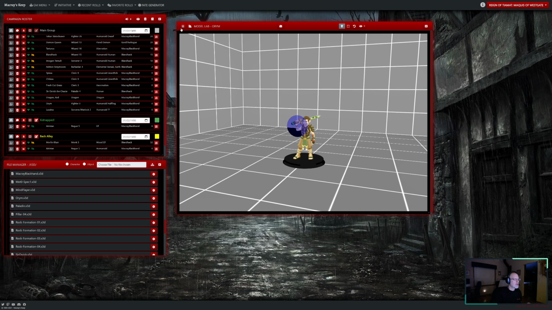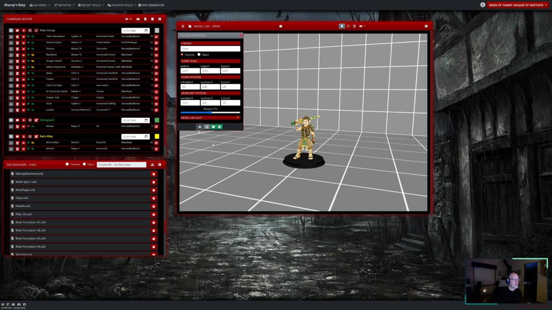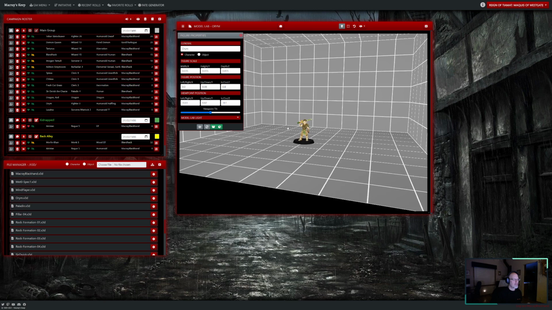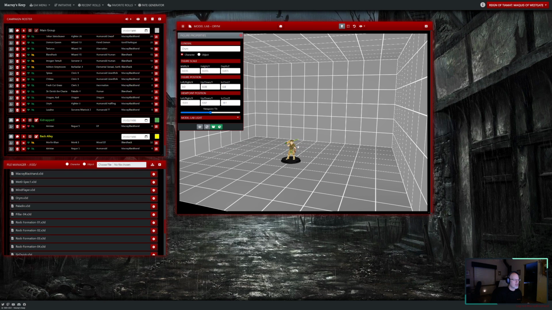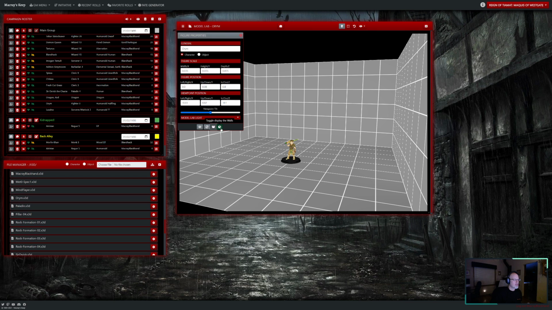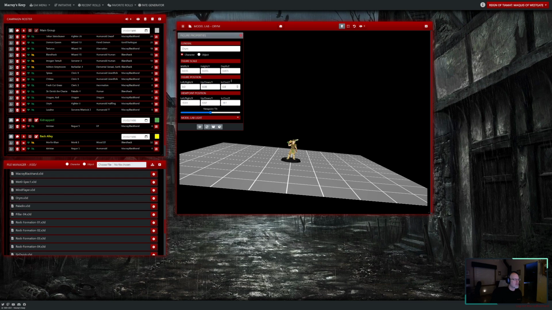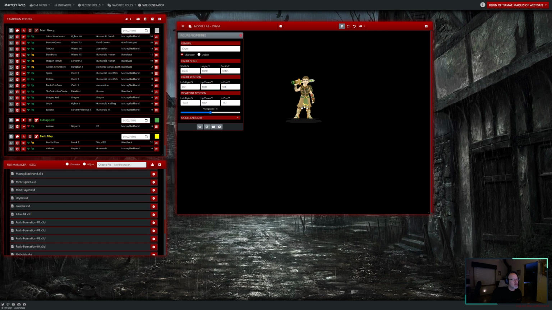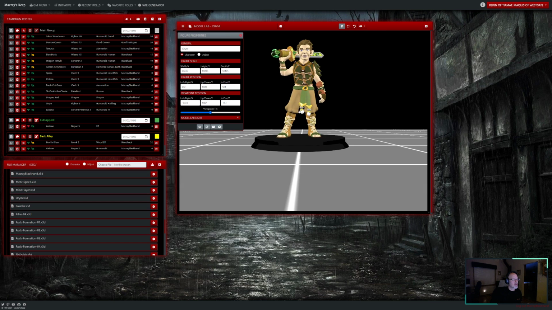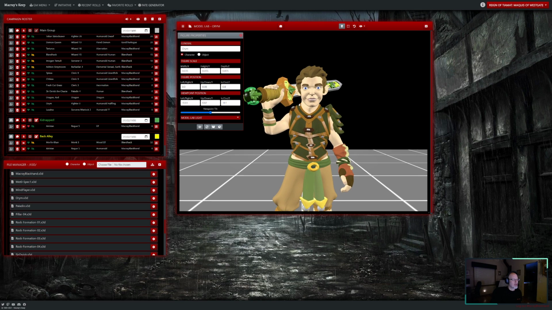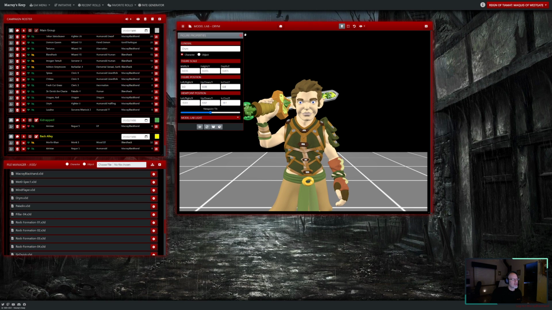And so now we're going to turn our viewpoint indicator off so we can see him. And just a couple other things here real quick. If for some reason you want to not see the walls and the ceiling, you can turn everything off here and you can just get him on a plane. This is nice if you want to take a snapshot of him, which I do for all of my 2D tokens. So I can go like this and we can zoom in. We can get right here, and then you can just click this camera icon